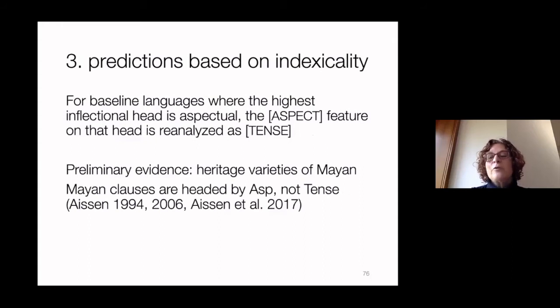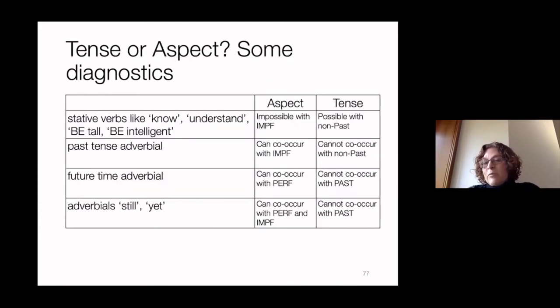So if we look at heritage varieties of Mayan, this is where we find examples of that. So Mayan clauses are headed by aspectual phrase, not by tense phrase. That's been shown extensively in the work by Judith Aissen. And we can rely on well-known differences between aspect and tense to see what actually happens when we compare baseline Mayan and heritage Mayan. So if you look at stative verbs like know, understand, be told, be intelligent, if those are